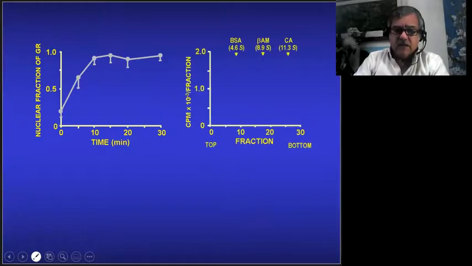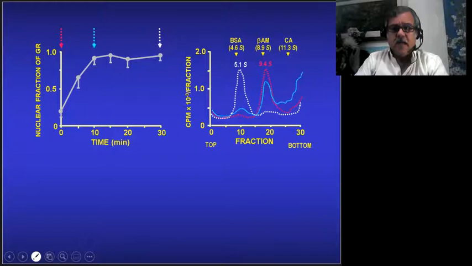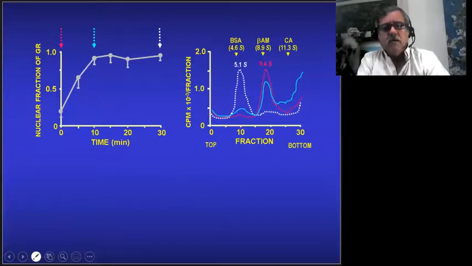Sucrose density gradient shows a typical untransformed 9S peak that shifts to 5S peak upon the steroid binding. This is due to GR transformation. Interestingly, we found that 10 minutes after the addition of steroids, when the GR is becoming fully nuclear, almost 70% of GR still shows in the 9S form. It means untransformed isoform. Is this GR bound to HSP90?